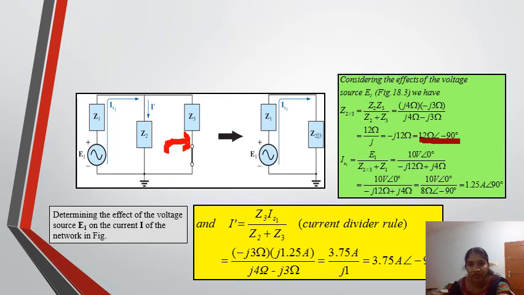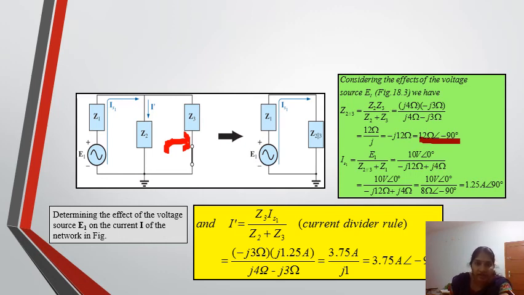When doing this arithmetic operation or simplification, you can use your calculator in complex mode, so the complex numbers in polar form can be easily found. Try to do it, or if you have any doubts, contact me. Next is the current. Find the current IS1, which is equal to voltage divided by total impedance, E by Z1 plus Z2 parallel Z3. So we got this IS1, and we have to find the current through Z2.